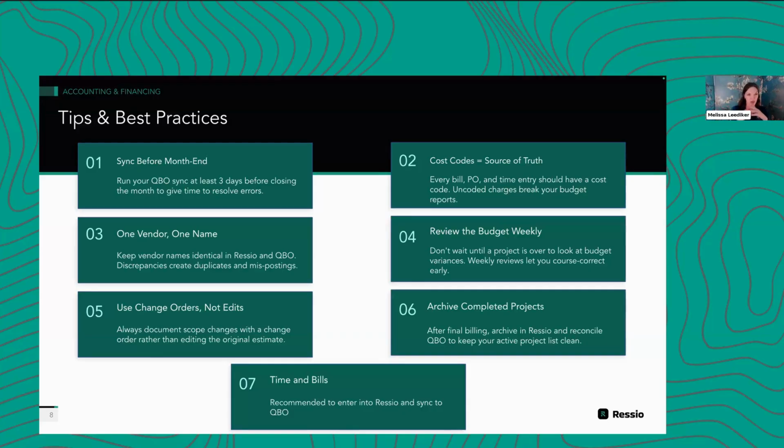I think we did have a question on that. Marie may have answered it in the chat earlier. Yeah, they're worried about duplicates. So as long as you're consistent in one system and consistent in the other, and you've mapped those 2 names, you're good. But if there's variation in Ressio and variation in QuickBooks, and there's not a mapping connection, then you're going to have issues.